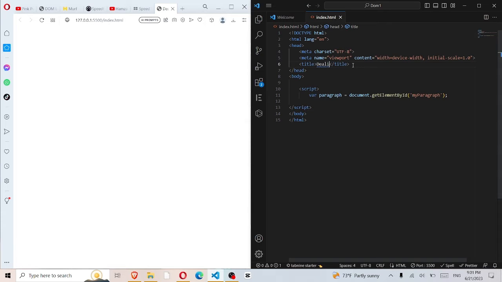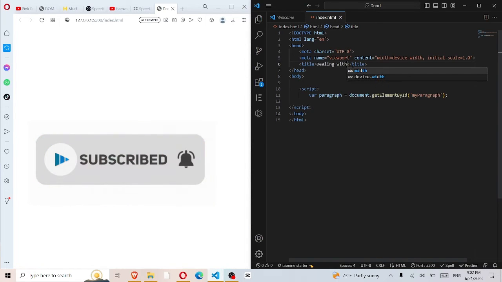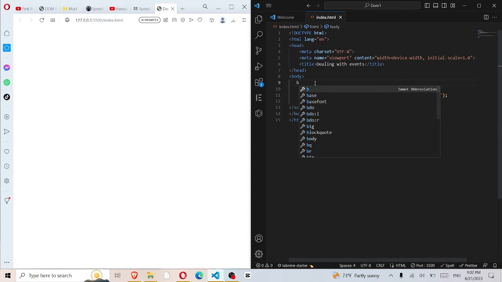Dealing with events. <button id="myButton">Click here</button> <script> // get the button and add a listener for the click event. var button = document.getElementById("myButton"); button.addEventListener("click", function() { alert("The button has been clicked");